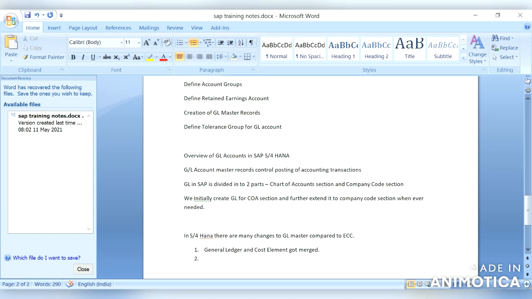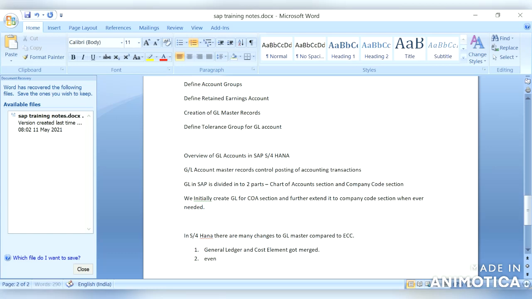Before, the cost element we were creating in controlling using KA01 transaction code. We were creating primary cost element and secondary cost element. But now in SAP S/4HANA, both the general ledger and cost element got merged.